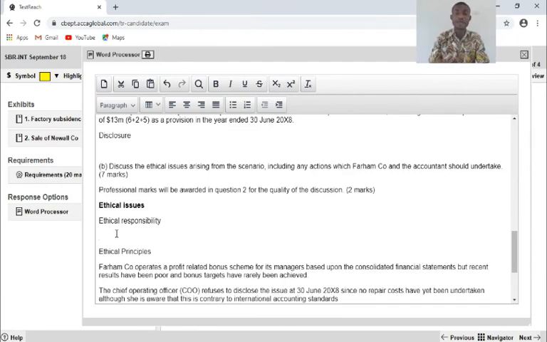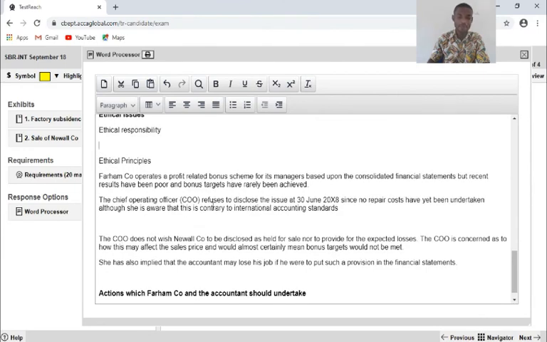So you make that point here under the ethical responsibility, or you can just chip in the objective for preparing financial statements. And as you begin to highlight the ethical principles, ensure you bring in which of the ethical principles have been breached. Is it about behavior? Is it about competence? Is it integrity? And so on.